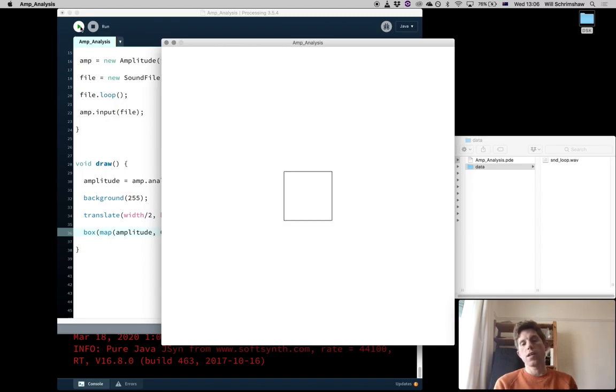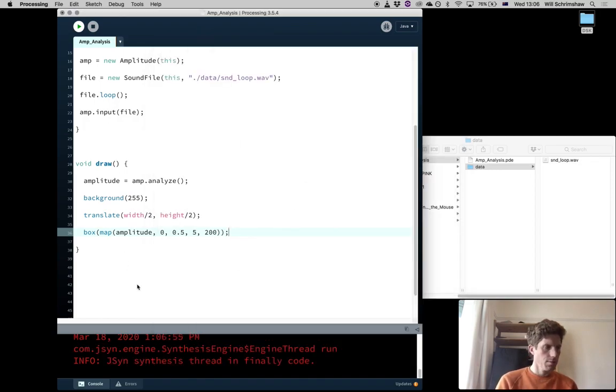we can see the size of the box, or what currently looks like a square, changing in response to the amplitude of the looping audio file. Okay, so this is now working. One thing that we can't tell from this is that this is in fact a 3D box as opposed to just a two-dimensional square. Okay, so to look at this,